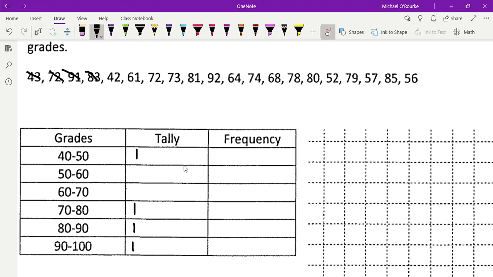Although I just realized that chart is super off. Why is 50 in both sections? Right? So it should be 40 to 49, 50 to 59. Okay? So I go through here. I'll run through these as well. 42,